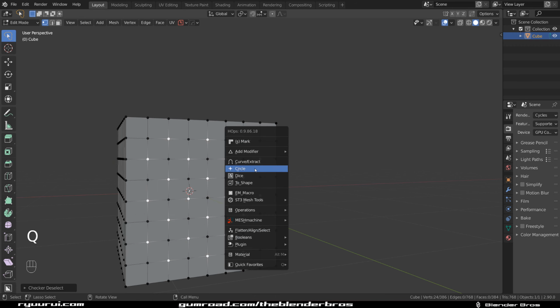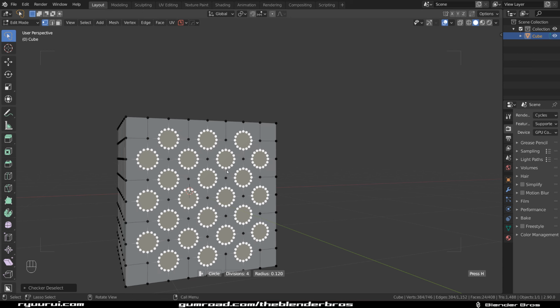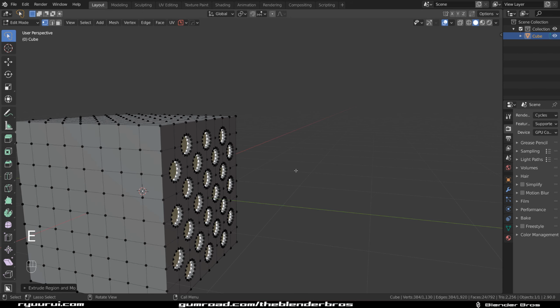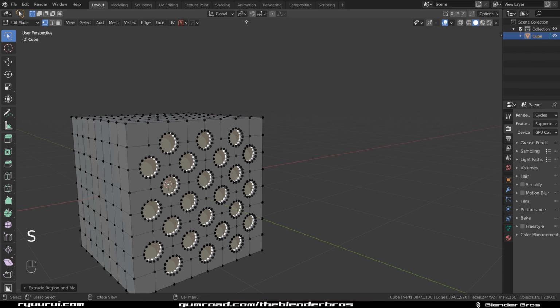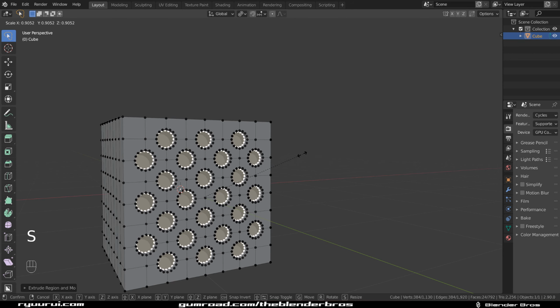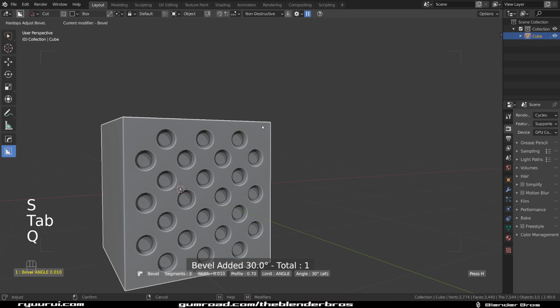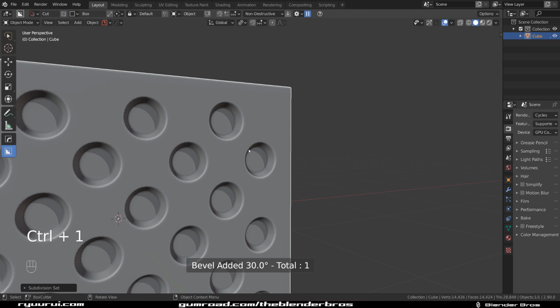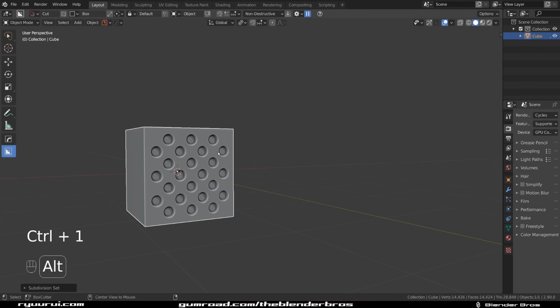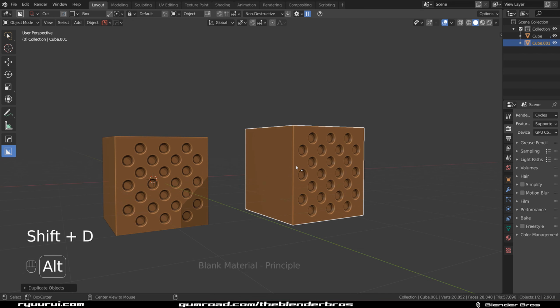Go to the Q menu with Hard Ops, create a circle, make it a bit smaller, and extrude it inside. Let's change this to individual origins, make it a bit smaller, bevel this, and subdivide it. One subdivision is enough. Alt M to add a matte, Shift D to copy this to the left side, Alt M, and